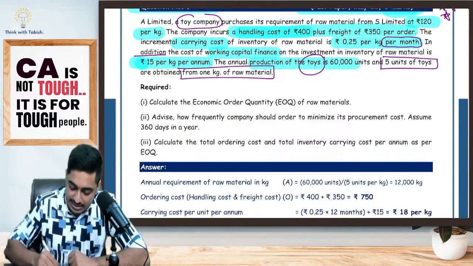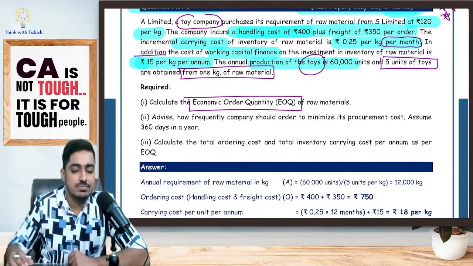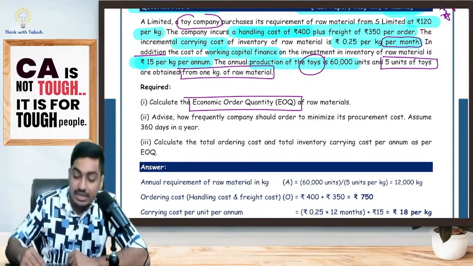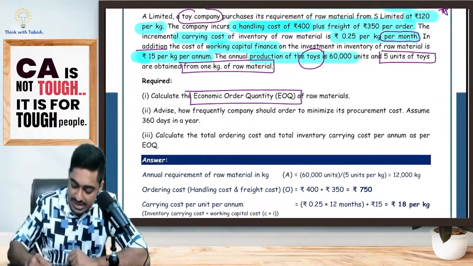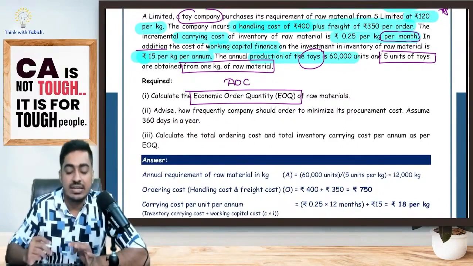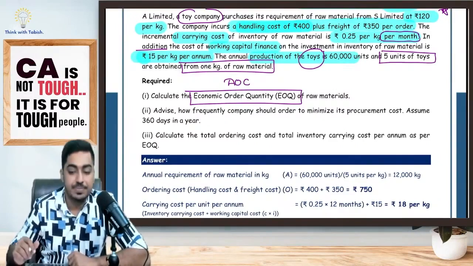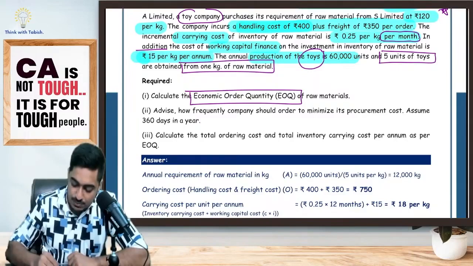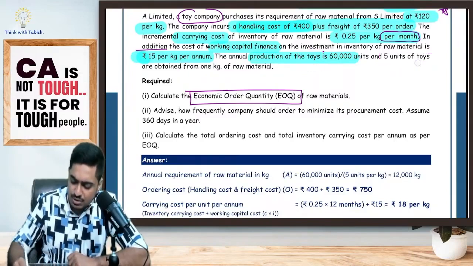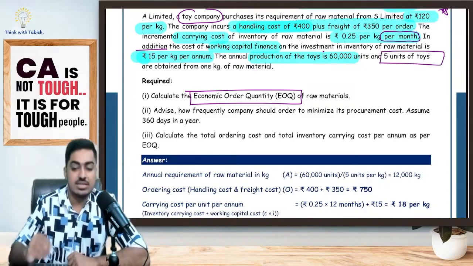They are telling to calculate EOQ. Beautiful question. Okay. To calculate EOQ, what all do I want, students? I want to calculate A, O, C. The moment I get the 3 factors, I will be getting my EOQ. Yes or no, everyone? Shall we start the solution? Okay, if you want, take a screenshot of this beautiful question. Take a screenshot, students.